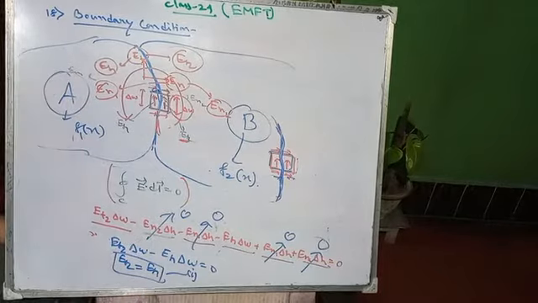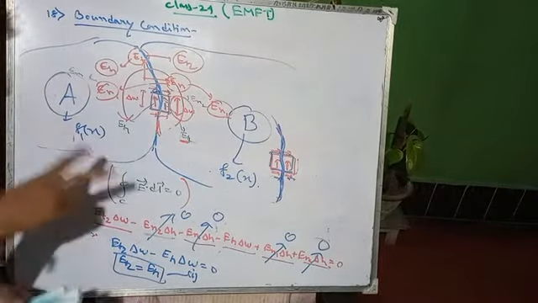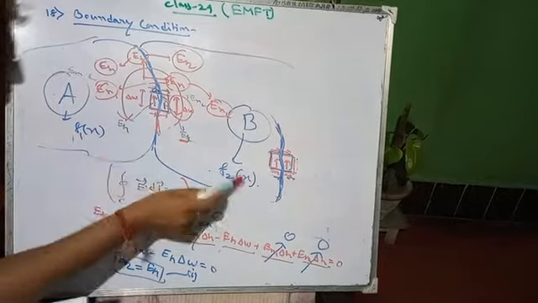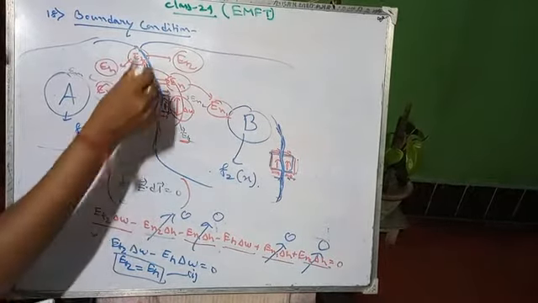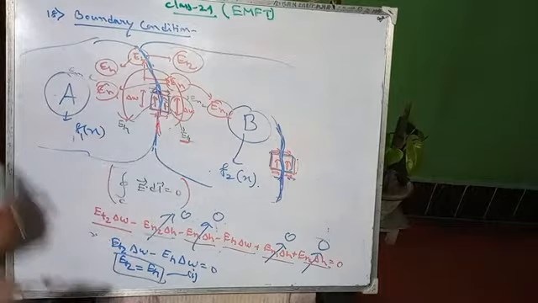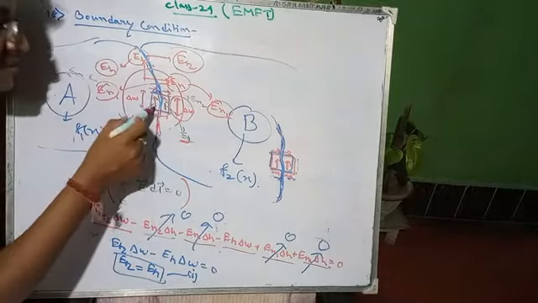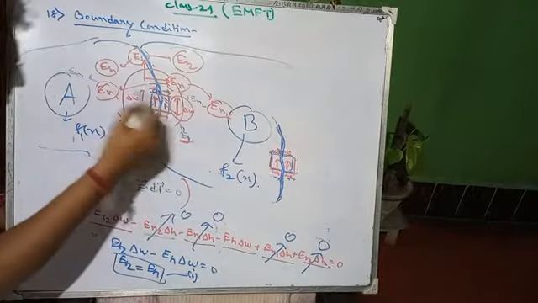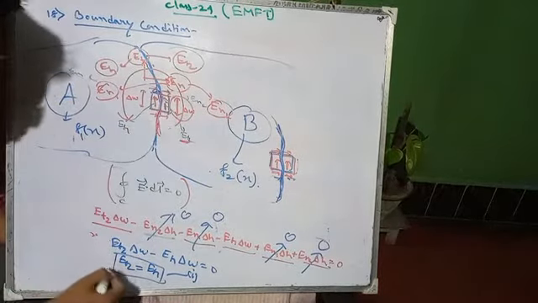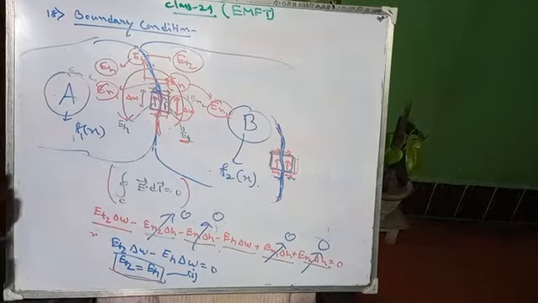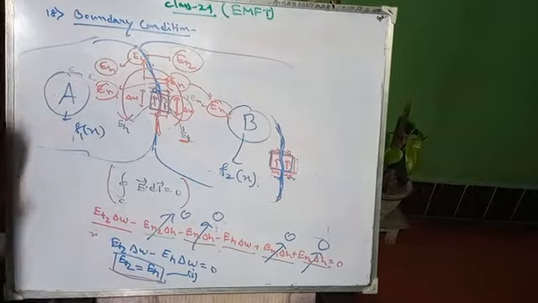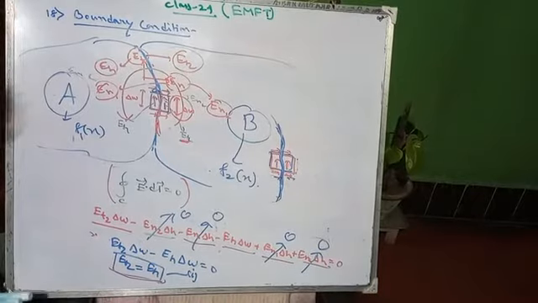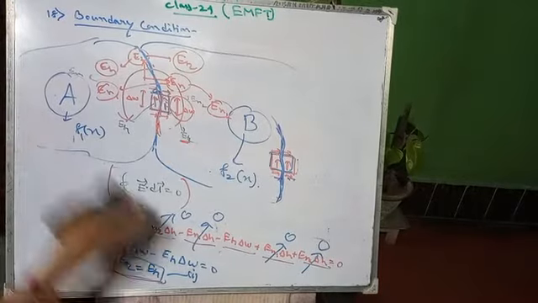Always remember, for two systems, if we satisfy the two characteristic equations at any common point over the boundary, then the first condition will be that the tangential component of the two systems at a boundary will show the same result. Okay, so the tangential component should have the same result. So this is your first condition for the boundary. Okay, and now we will move to the second condition.